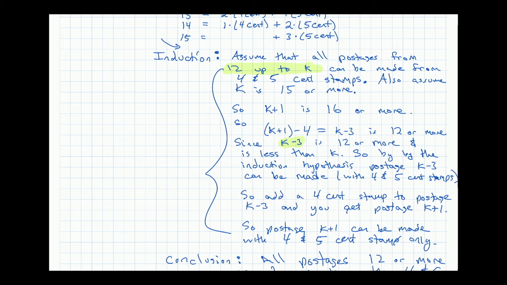I was considering, rather than starting here with k plus 1, 16 or more, backing it up to this point, or even starting up here, where I would just say, suppose k minus 3 is 12 or more, right? Then I would say, then